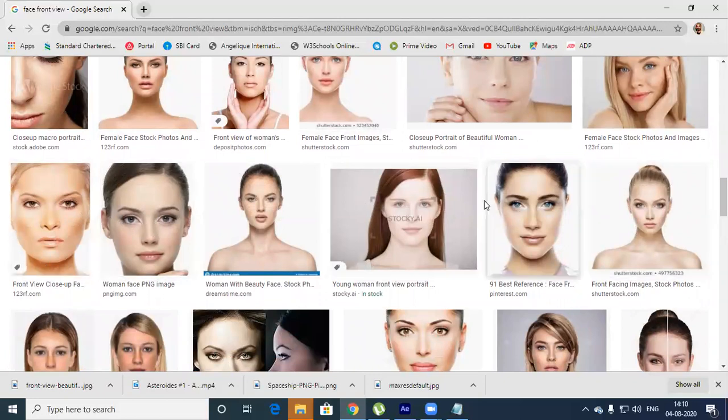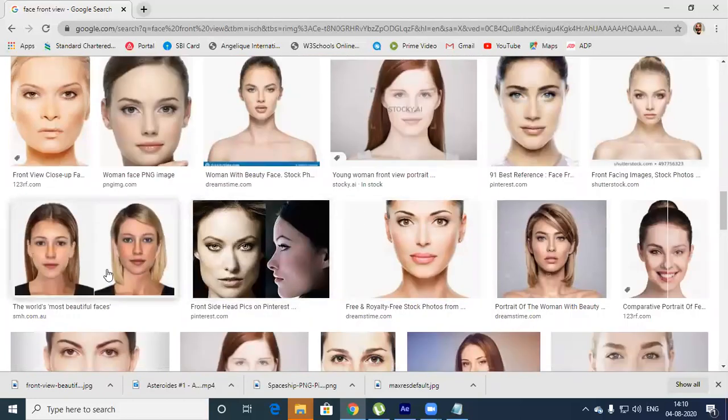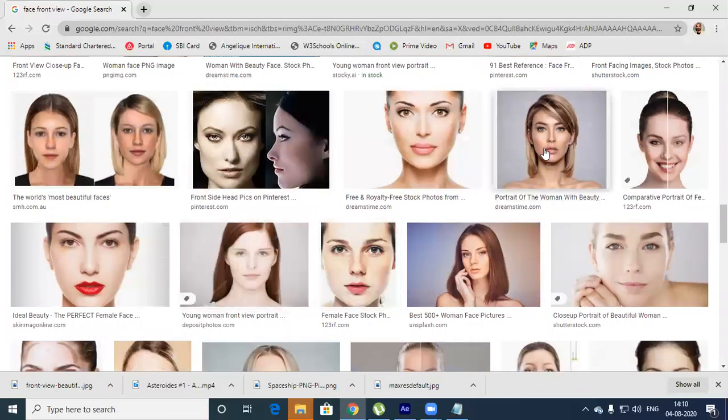So make sure this eye line and these things are matching, then only you can achieve a better output.